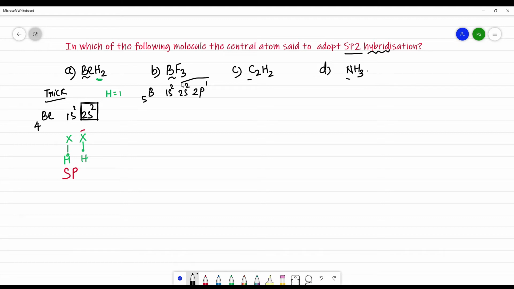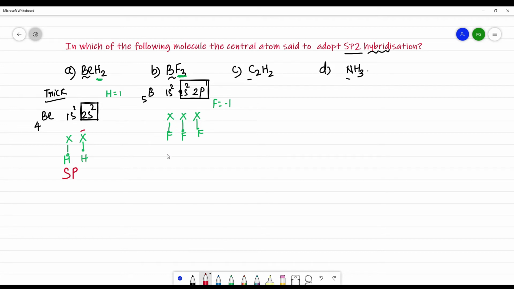What is the valence electron here? 3 valence electrons. So put 3 valence electrons. So this is 1, 2 and 3 valence electrons. Then how many fluorine atoms are surrounding? 3. You know the fluorine valency is -1. So this is bonded with 1 fluorine, and this is bonded with 1 fluorine, and this is bonded with 1 fluorine. What is the hybridization now?